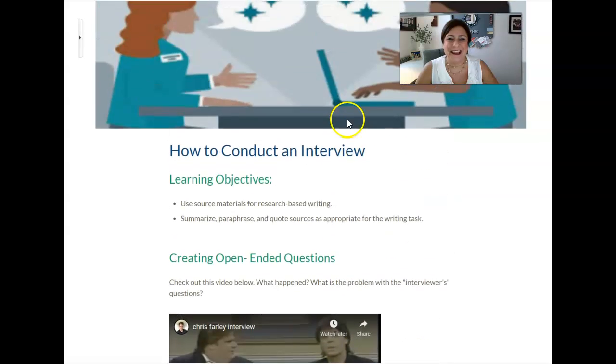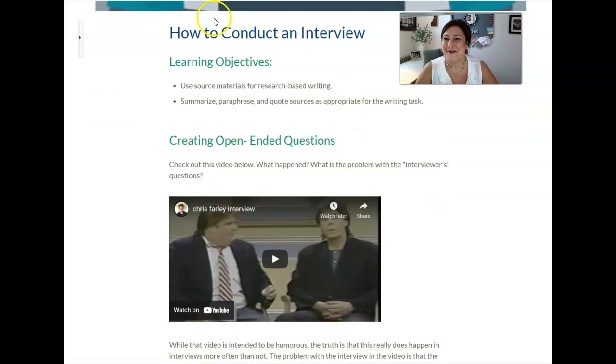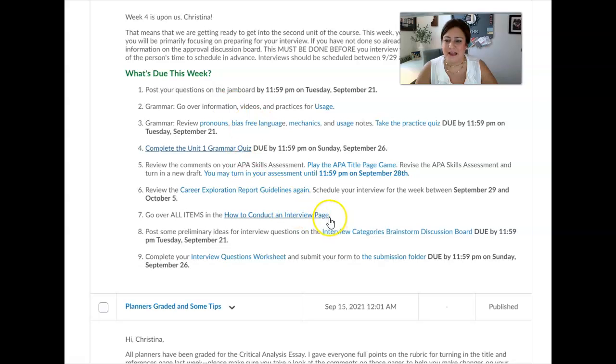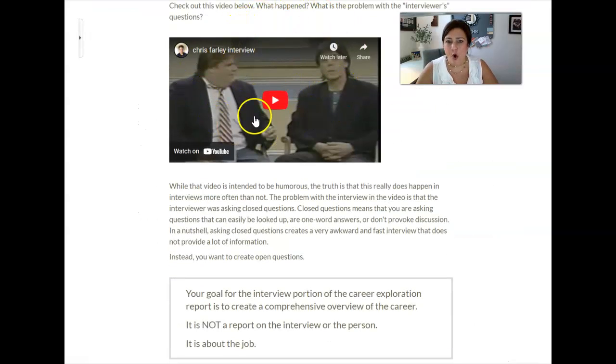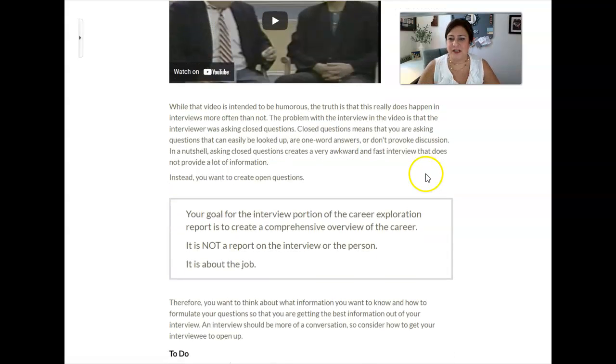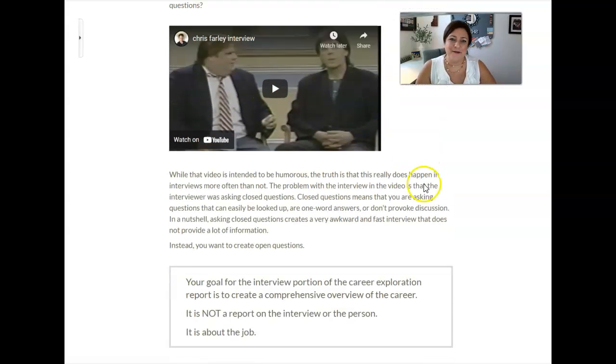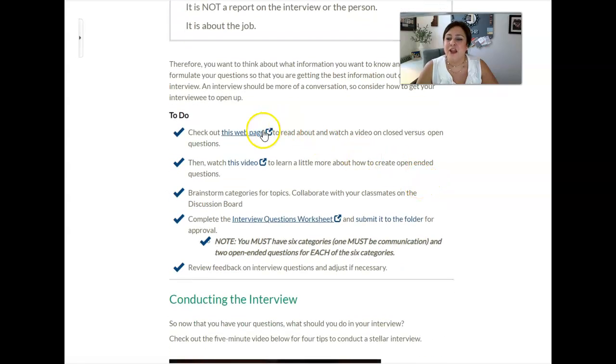to Conduct the Interview Categories page, okay? So that's next on your list. I want you to go over all items on this page. You have a whole area of instruction about what an interview should and should not look like. You have a web page that I want you to look at, a video about how to create open-ended questions for your interview. You have a discussion board that you will be working on this week,